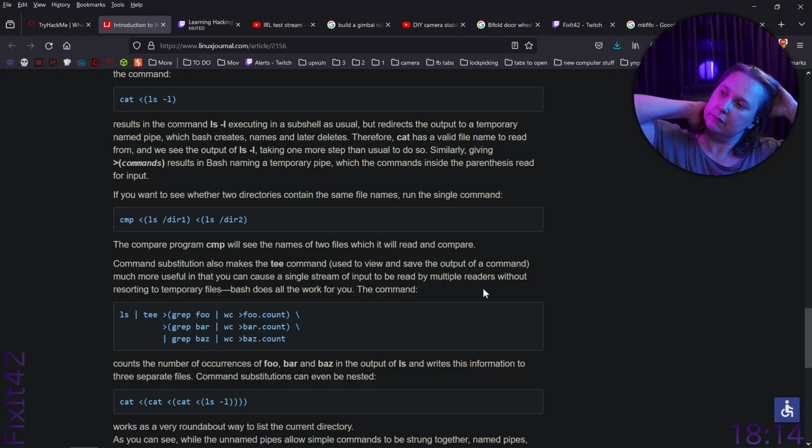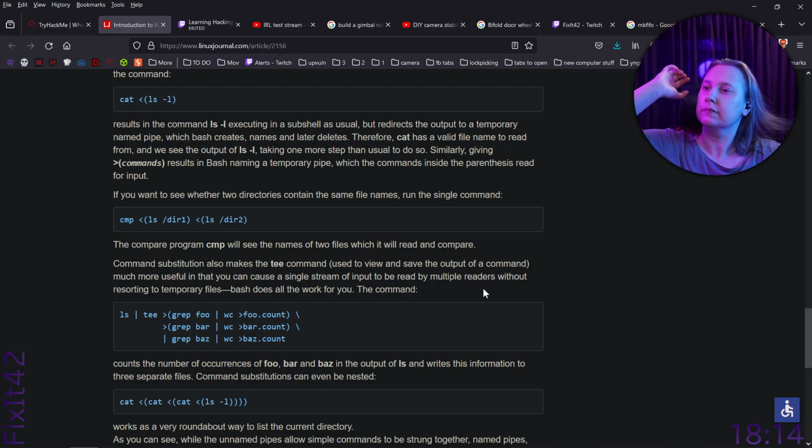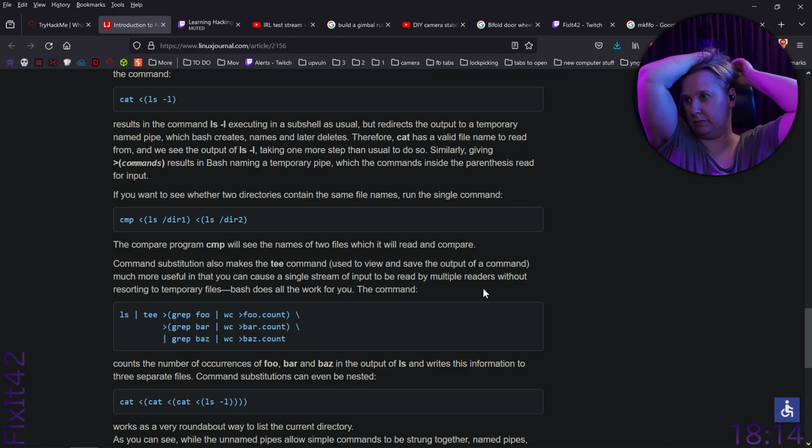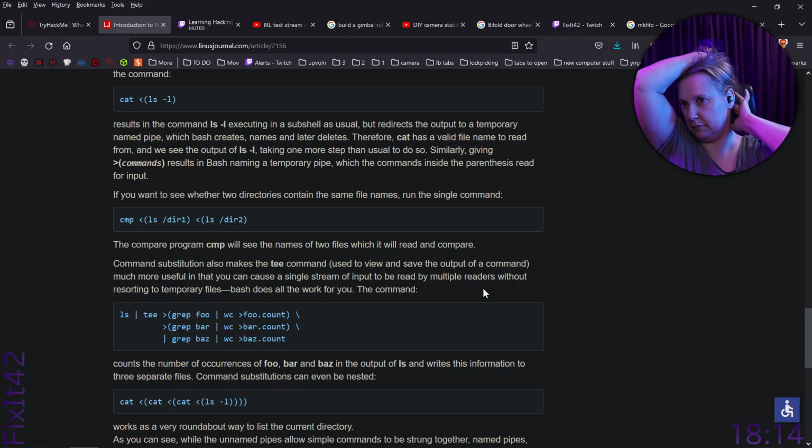If you want to see whether two directories contain the same file names, run the single command cmp <(ls dir1) <(ls dir2). The compare program cmp will see the names of two files which it will read and compare. Command substitution also makes the tee command, used to view and save the output of a command, much more useful in that you can cause a single stream of input to be read by multiple readers without resorting to temporary files. Bash does all the work for you. The command